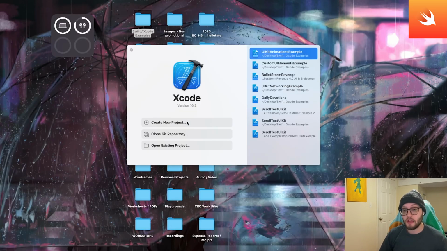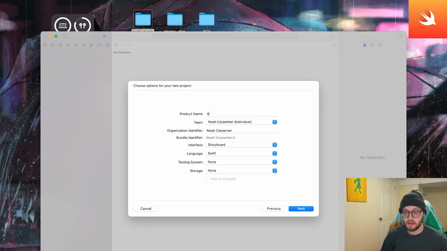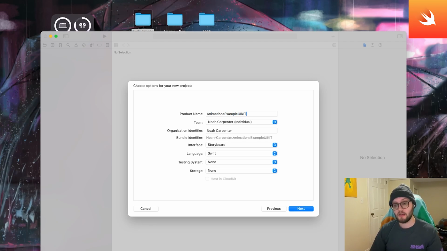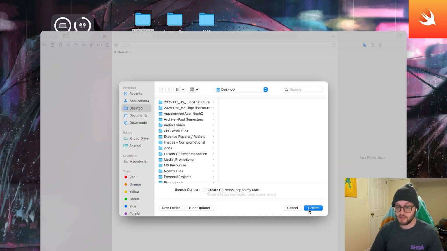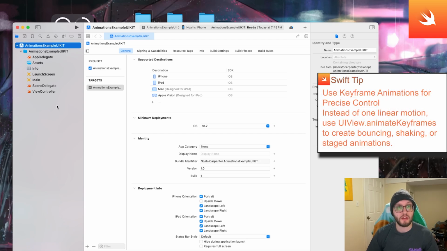So I'm going to create a new project, but always feel free to add this to an existing one. I call this one Animations Example UIKit. Make sure we're on storyboard, language Swift, no testing or storage needed. So the first thing we're going to be doing is creating a keyframe animation for some precise motion control. So instead of moving an object smoothly from point A to point B, we define multiple waypoints for a custom